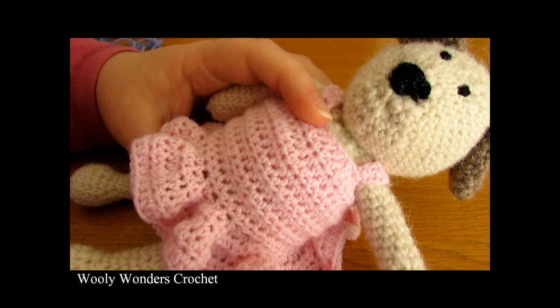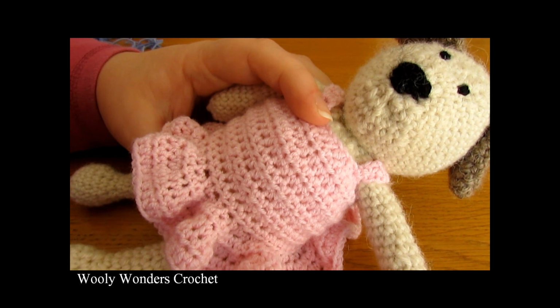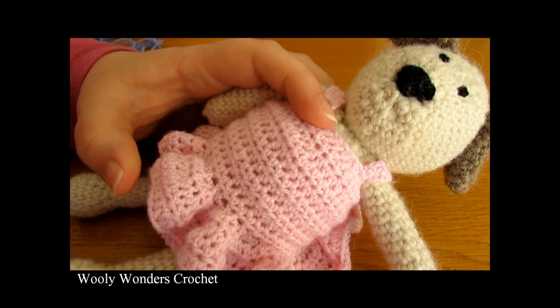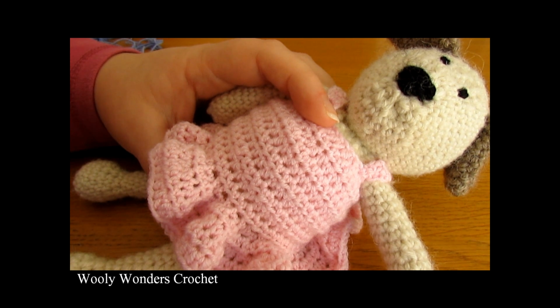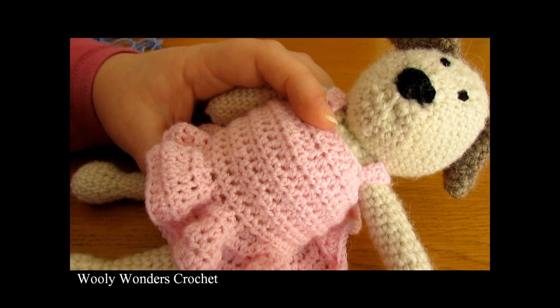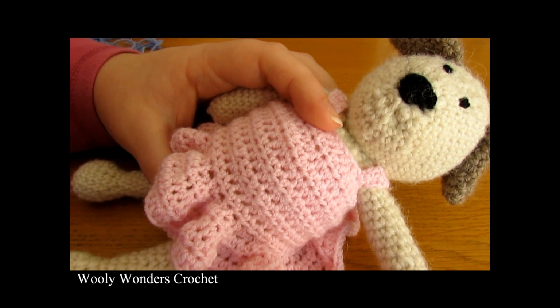So now once you have come to the end of round 13, so you should have 3 rounds of doing 1 half double crochet, then 2 half double crochets. You want to finish off the dress by doing 2 final rounds of plain half double crochet. So for rounds 14 and 15, you just want to chain 1 and turn, and then do 1 half double crochet into each stitch around, and finish off each of those rounds with a slip stitch into the first half